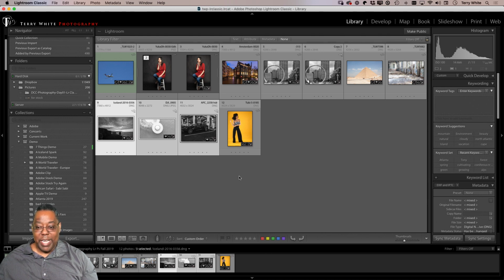So the other advantage here to doing this in Lightroom as opposed to Photoshop is that you can have consistency across your images. So if I had 50 images that need to be converted to black and white, that I want to look the same, then I would just do it once and copy paste. Or,